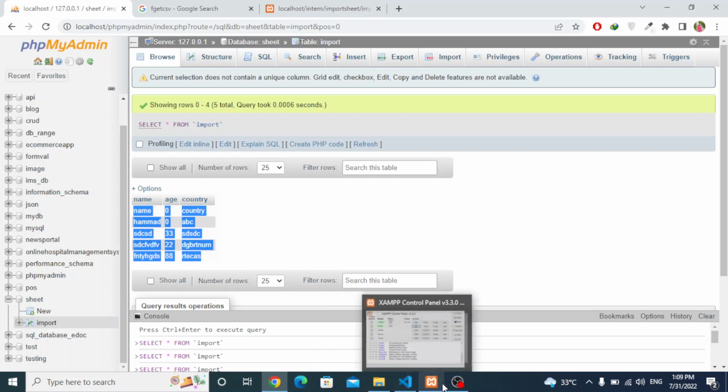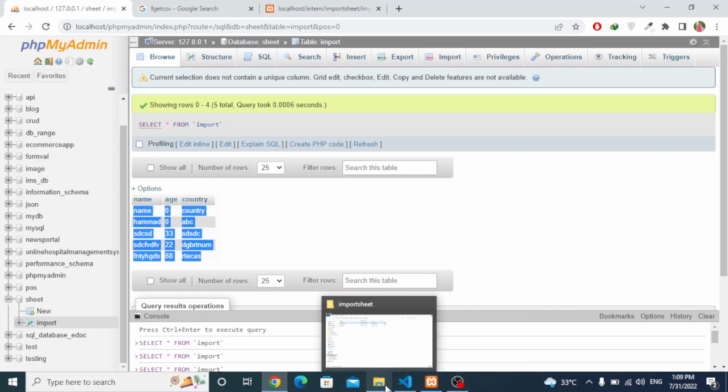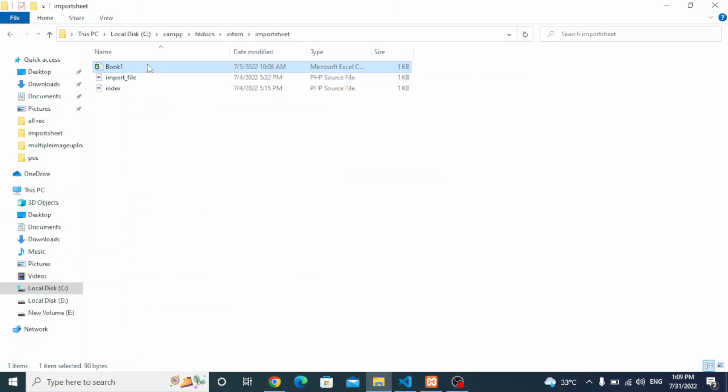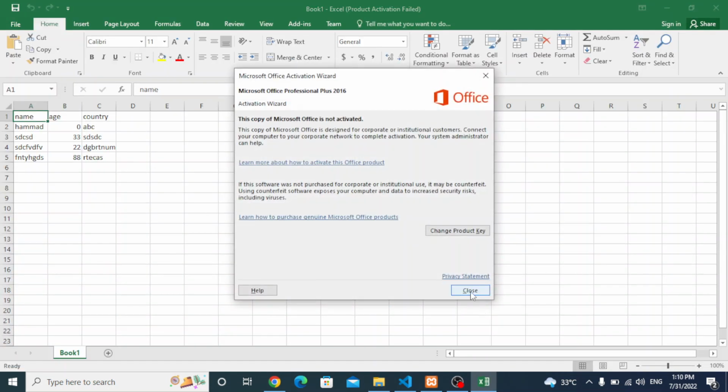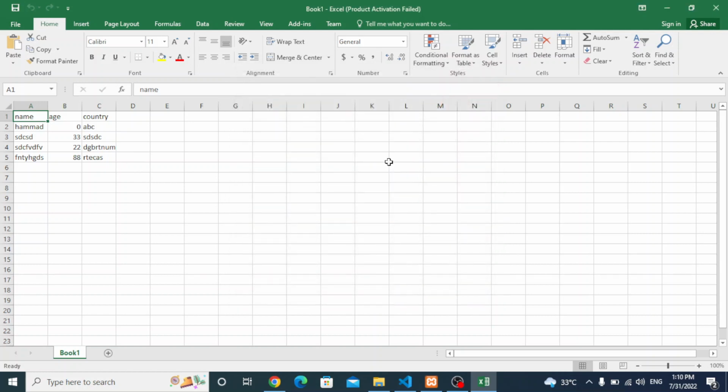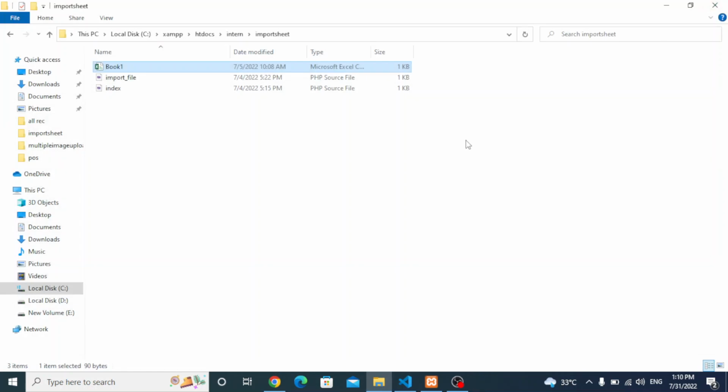First of all, you have to create the Excel sheet on your computer. That is my Excel sheet, and you have to place some of your data here. After this, you have to save this file in the CSV format. Save this file in the CSV format. And after this,